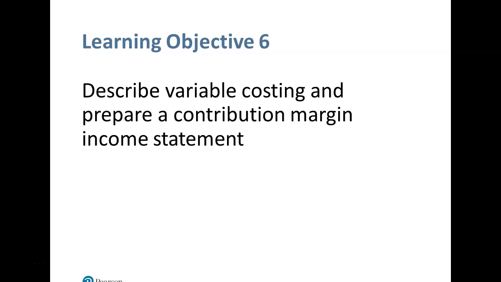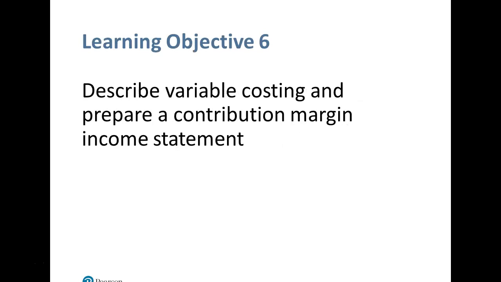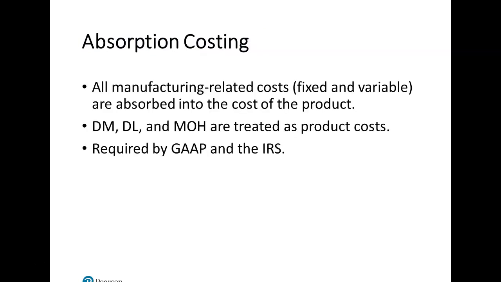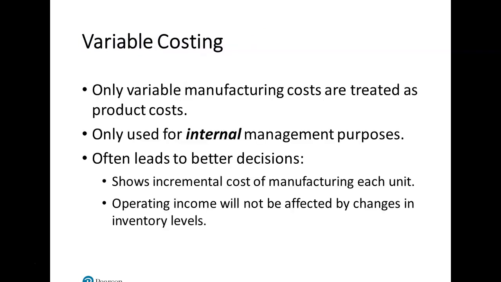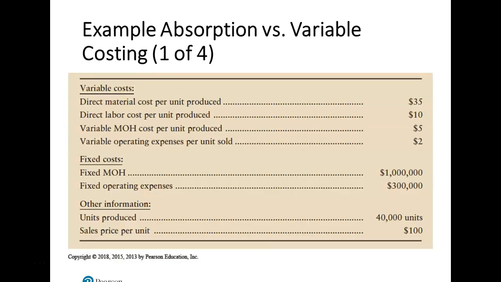So, describing variable costing and preparing a contribution margin, relevant costs. Again, what you want to make certain when we're talking about variable costing is we want to think about costs as product costs. We want to use this information to be able to analyze the movement of those costs. How can we treat these costs? How can we monitor these costs? How can we control these costs? And how are we using these costs to prepare our